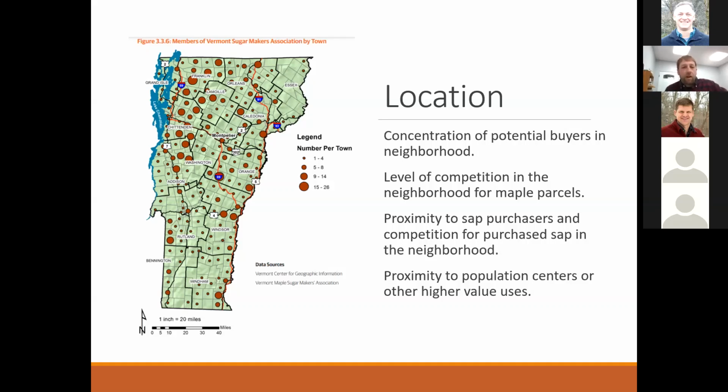How far are you from other sap purchasers? What's the competition for purchased sap in the neighborhood? And the proximity to population centers or other higher value uses. I'll often look at rental rates as a valuable piece of information, which is a proxy for how much competition's